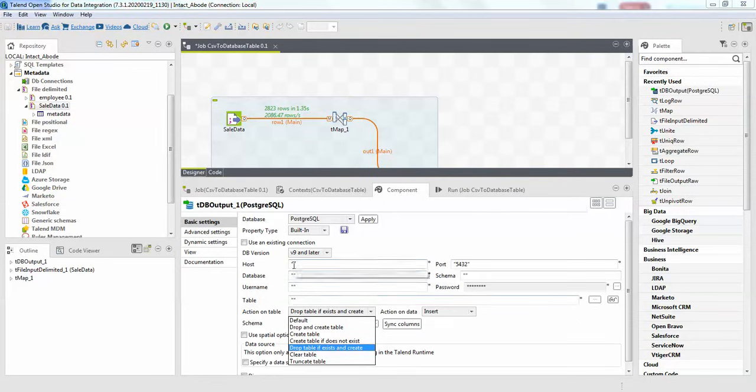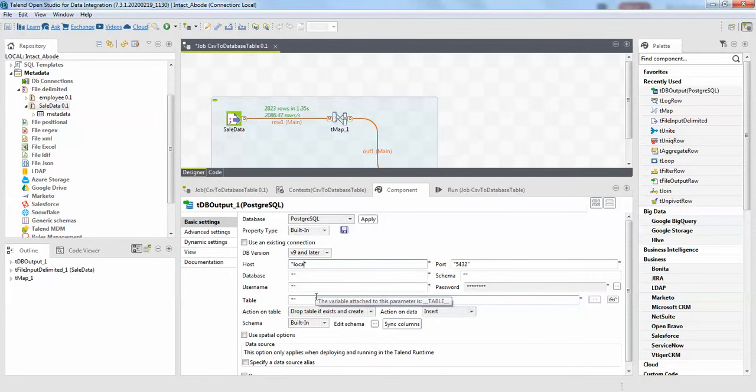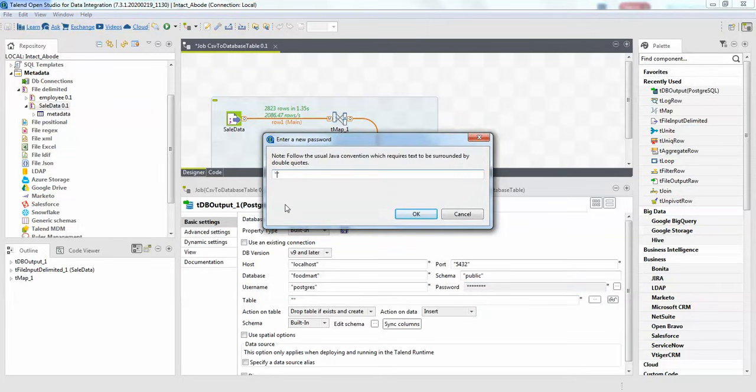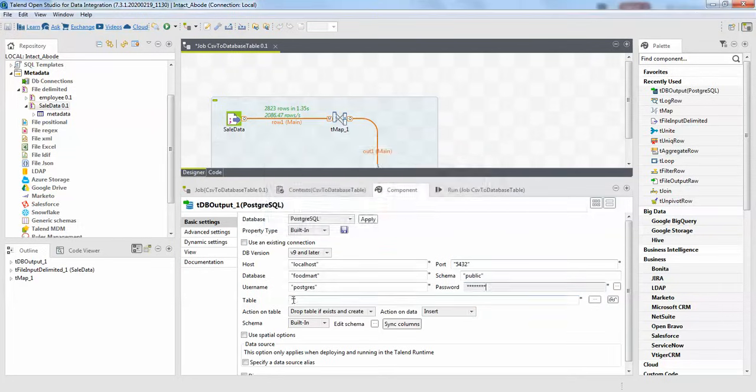Here I'll just go with localhost, and 5432 is the port, and the database is foodmart, which I would be sending this to. The schema will be public, and the username is postgres by default, and the password will also be the same. Finish, and the table I'll just name sales data